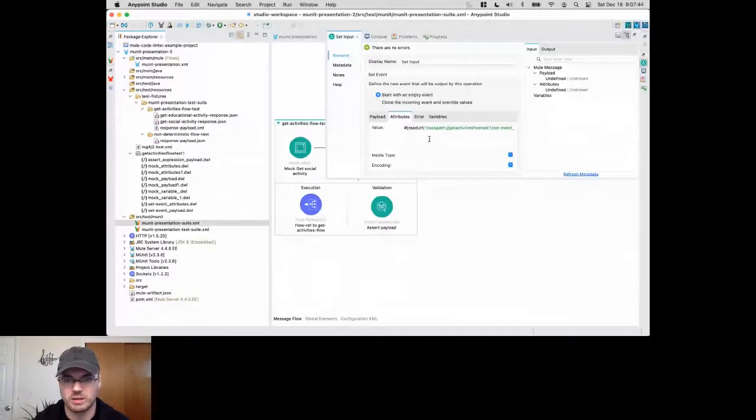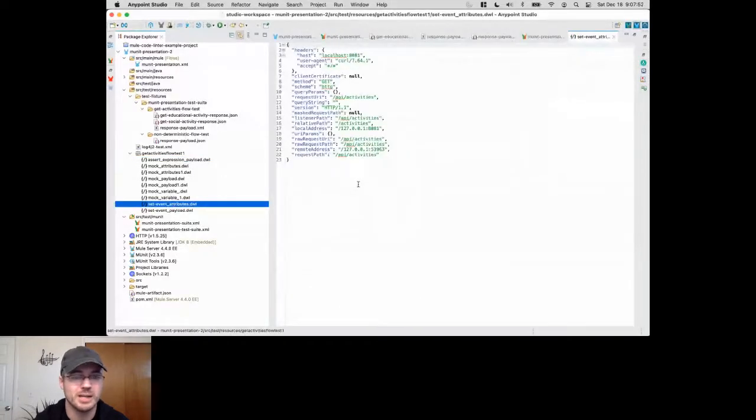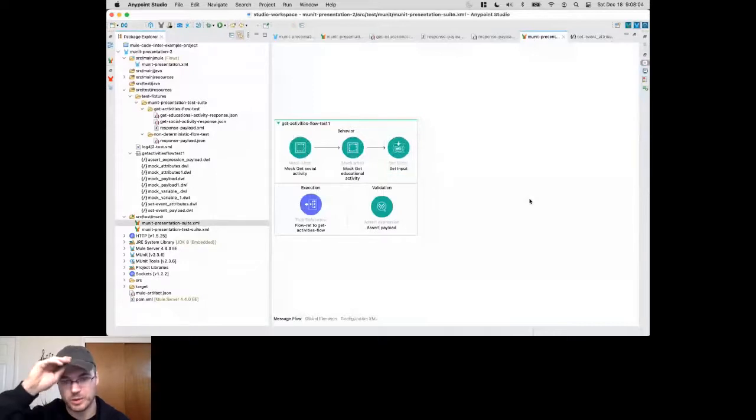So what is this set event attributes? Do I need any of these for my test to run successfully? No, I don't. If I took it out, my test would run successfully. In fact, my test would be better because it just doesn't have the noise in it. So that's a big problem. Your inputs typically have a lot of noise. And the other problem is